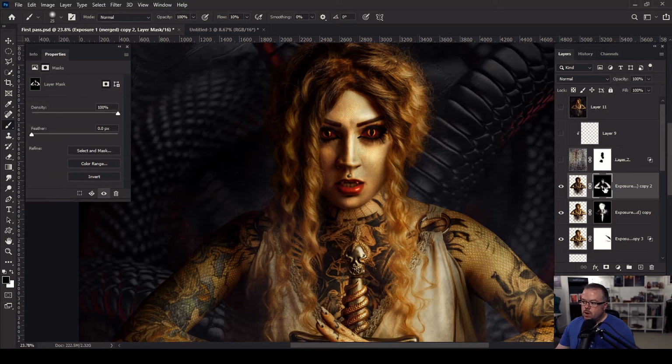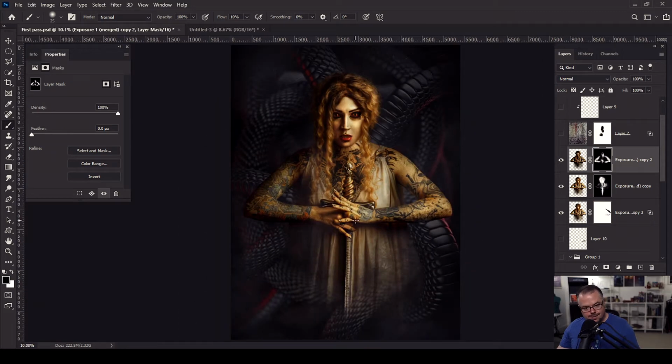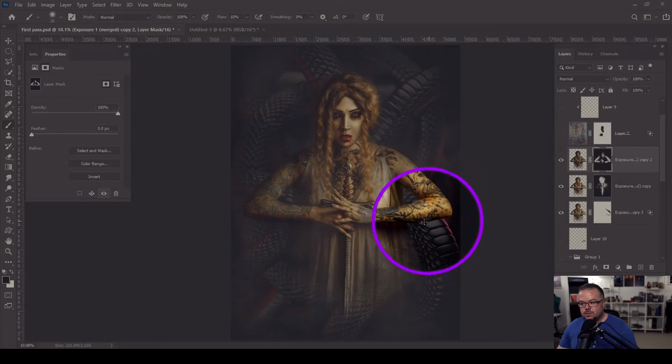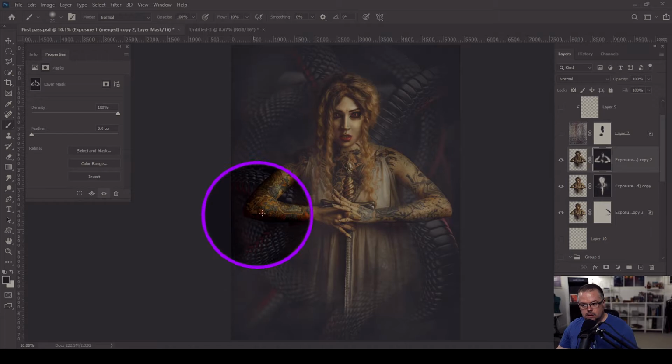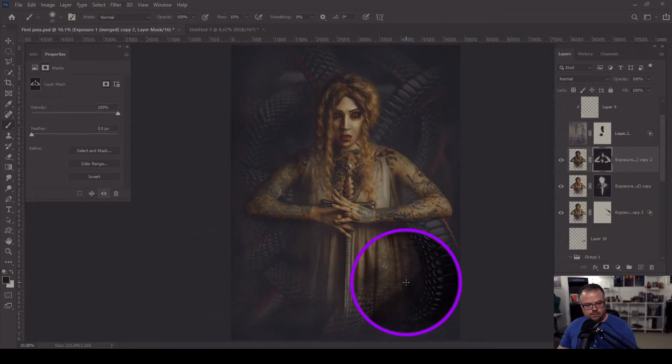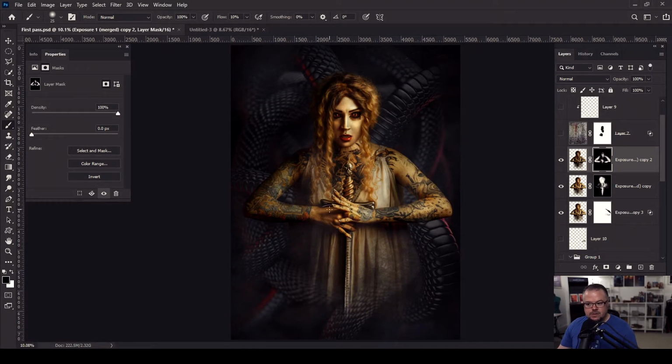But it was also on this layer. Initially, I had just painted white onto the layer mask itself to bring it in on her face and her eyes and so forth. But it is this layer where I then decided to go for composite realism. So I brought her arms back entirely, but with the reduced opacity of the highlights and shadows and so forth by running the layer through Camera Raw. Because I wanted her arms to be in front of the snakes here and here through her bicep and her shoulder, but then let the snakes kind of fade through in this fog. So there's a little bit of composite realism, there's a little bit of abstract graphic elements to this,